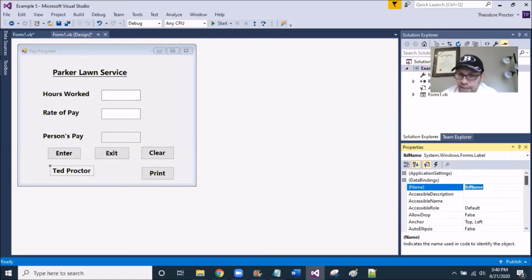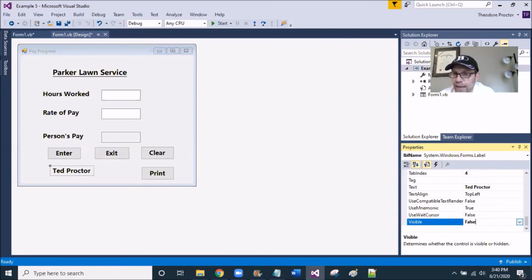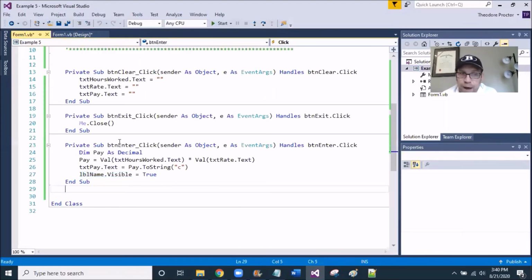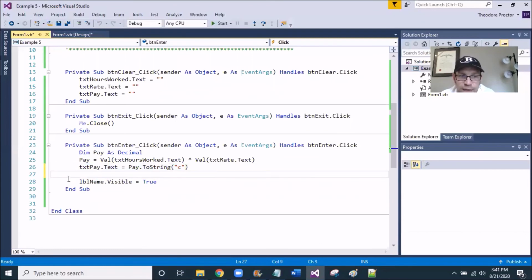Now, in addition with that selection, go down here, and Visible is defaulted to true. Change that Visible to false. What that's going to do is, during the runtime of this form, that label is not going to be seen. Okay. Now, one more step: go over to the code and look at this line of code I've added to the bottom of the private sub for the button. It should have ended with txtPay. Hit enter once and go ahead and add in